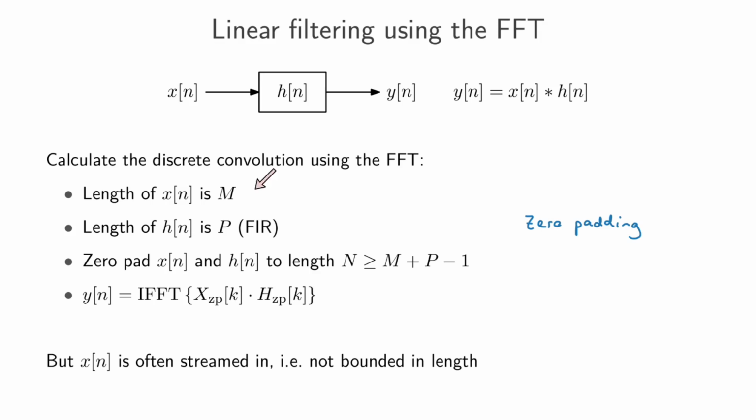The problem with this approach is that you can only get the output y after I've received my whole x. In other words, I need to get my whole x, and only after recording the last sample of x, sample M-1, can I actually start to zero pad and get the output. But in many online applications, we would like to not wait until the end of x before producing some output. We actually want to produce output as we're receiving inputs.